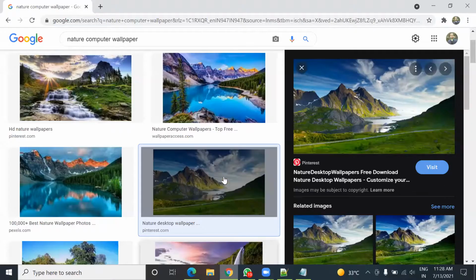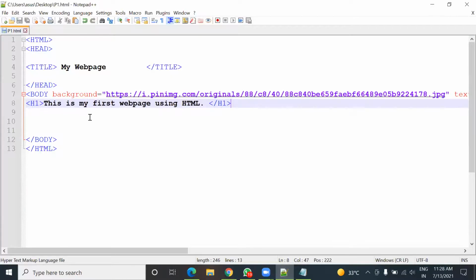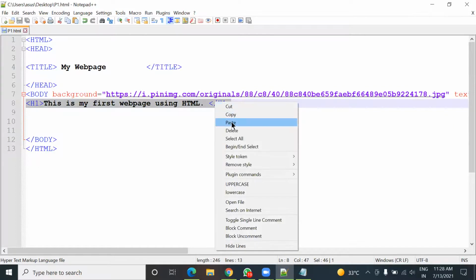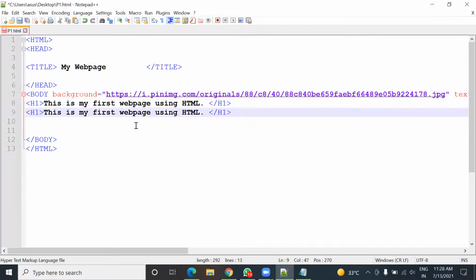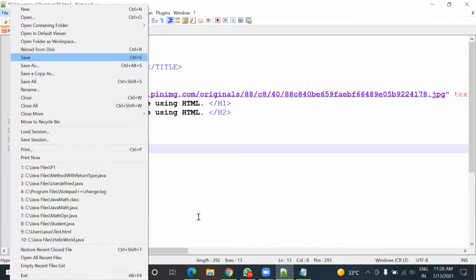Now if I copy this same text from here and paste it down, and now change it to H2, and in the end I have to close it also with H2, and save this.